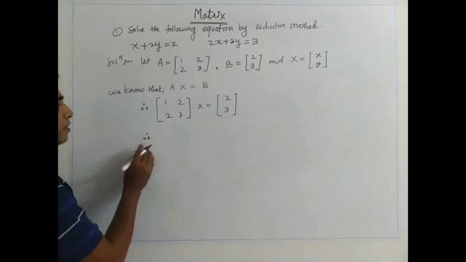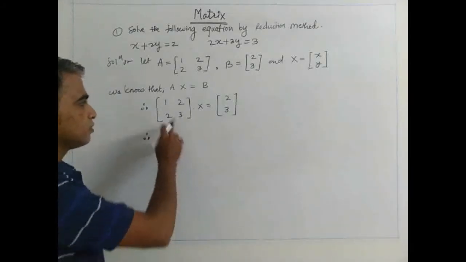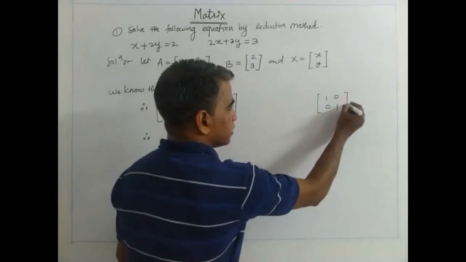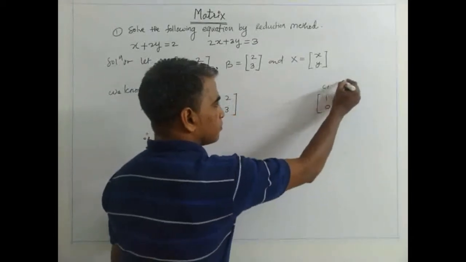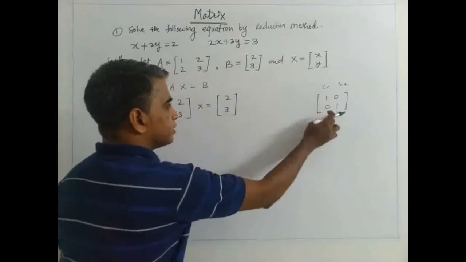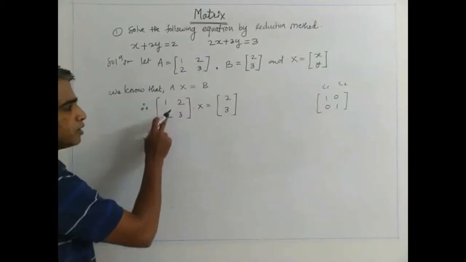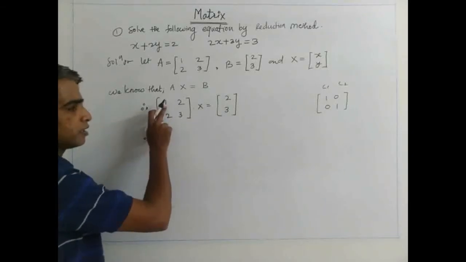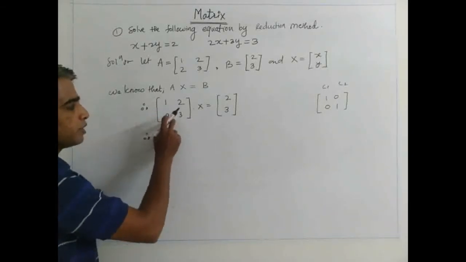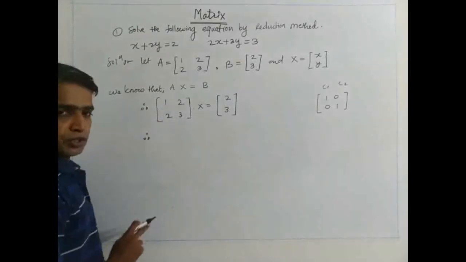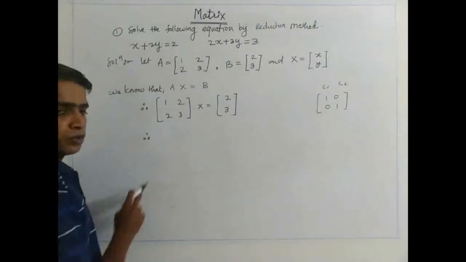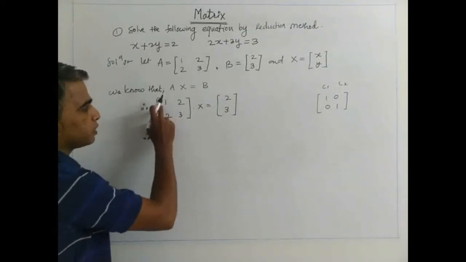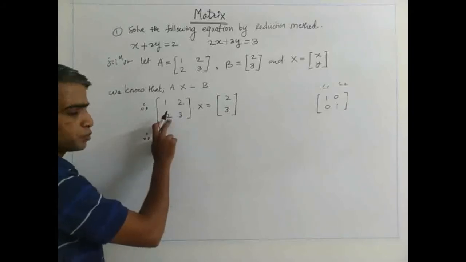Now next, simplification. To convert this matrix into the identity matrix we have to convert it to [1 0; 0 1]. We'll begin with one column at a time. The first column needs 1 and 0. If we check here, the first column has values 1 and 2. So one value is already there, and we don't have to convert this 1. The remaining part is converting the other value to 0. Now 2 will become 0 only when we subtract 2 from 2, and for this subtraction we will use this 1. It means we have to multiply this 1 by 2 and subtract it from this 2.